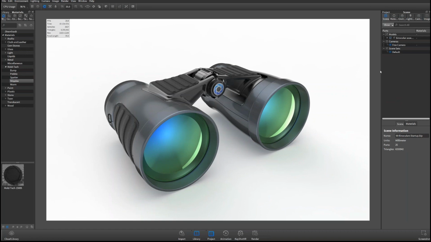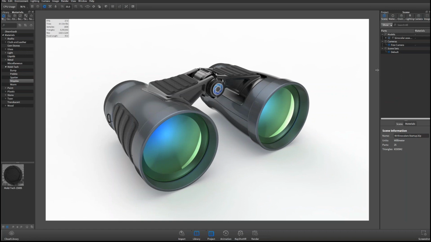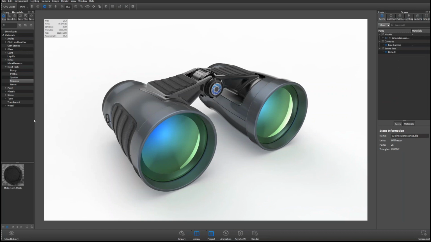So I've got KeyShot 6 open right now, right? I've got an existing scene that I just had open. We're going to go through and try to recreate something like this. But first of all, I want to mention that KeyShot 6 is kind of an evolution of what we've done with KeyShot 4 and then KeyShot 5, right? So it's not going to be completely radically different from what you've seen before. We're going to be adding a lot of new stuff, but nothing is going to be crazy different.